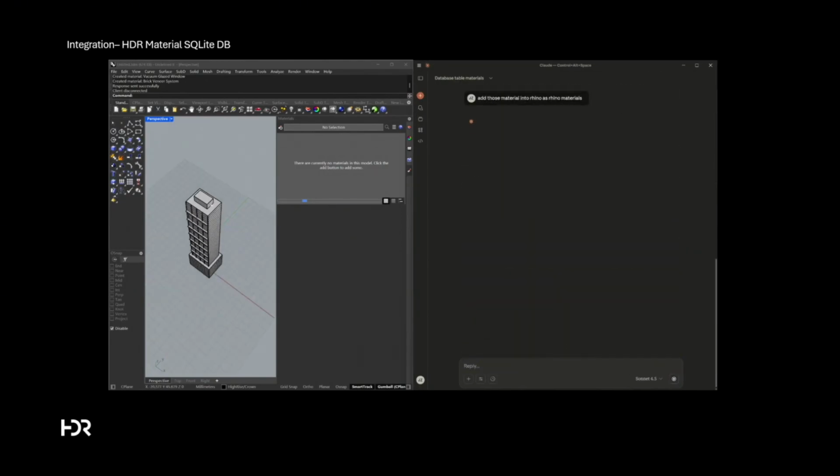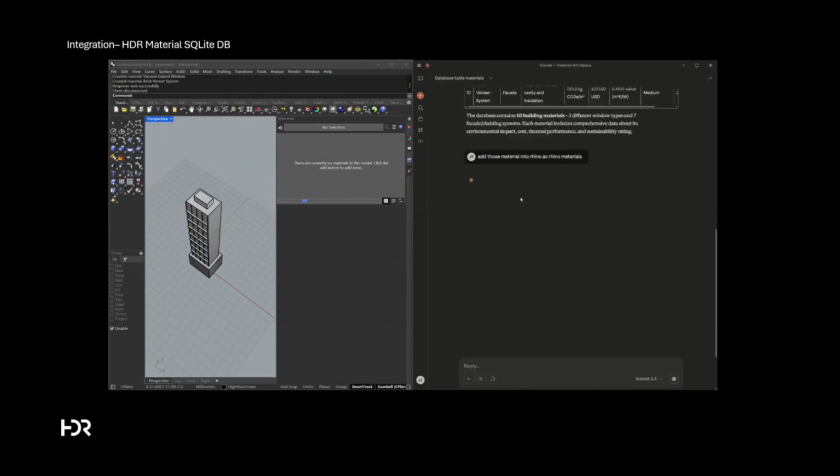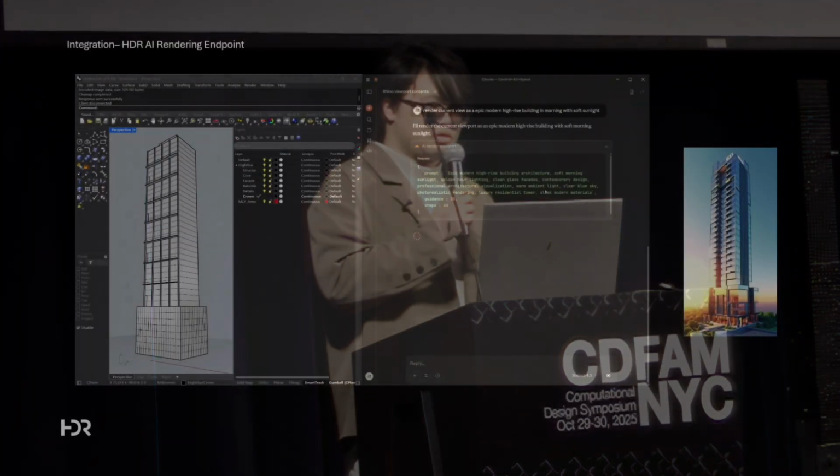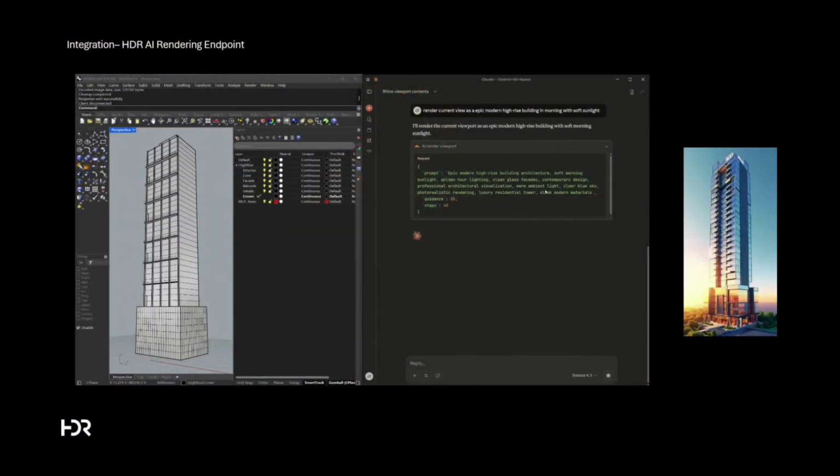We also integrate other things, for example, our internal material database to generate materials in Rhino, and we developed a SQLite MCP server to connect with the Rhino MCP server. We also integrate our AI rendering endpoint as a tool that is part of the MCP server. So I will pass to the